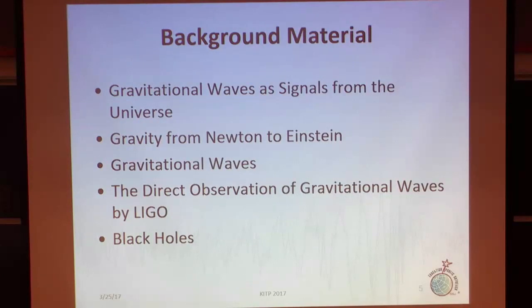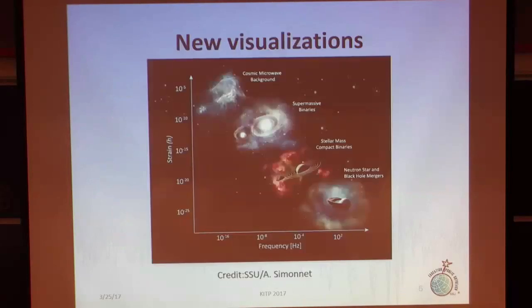So in this guide, you will find the following sections if you want to look at them. We have background sections on gravitational waves, the signals from the universe, gravity from Newton to Einstein, the direct observation of the first gravitational wave signal by LIGO, and background about black holes. This guide includes new visualizations. For example, I have a wonderful artist, her name is Aurora Minette, and she did this